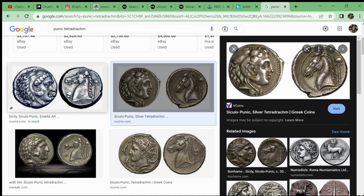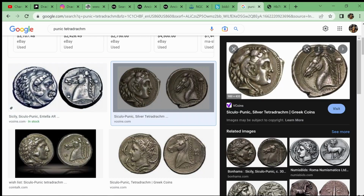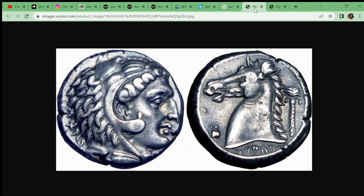See, this is one of those funny instances where who is judging the style and how do you assign the style? And again, there's two dies, right? There's two faces. I actually prefer this one. I prefer it. It has a more Punic look to the Heracles, but the horse I would say is absolutely a far worse execution on the horse. The reverse die, not that good. Kind of sucks. Yeah, I guess I would have to disagree. On the reverse die, impeccable